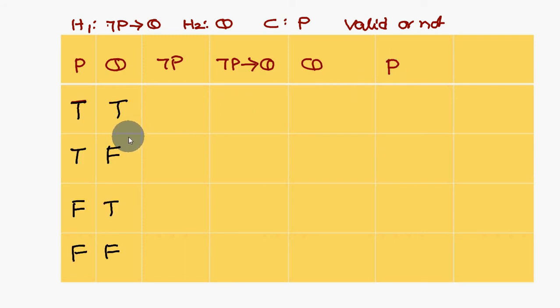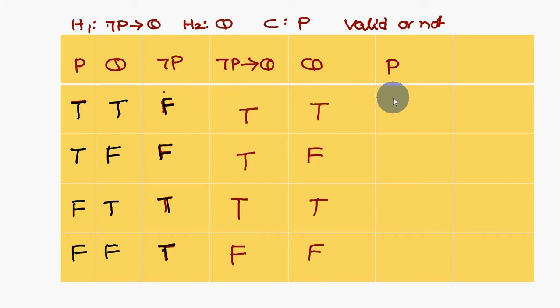So you write the values of P and Q. Negation P is also very easy. Negation P implies Q: true and false only gives false. Therefore here true false, here false, remaining all are true. Next, anyway Q you replace the values, P also you replace the values. False values you have to circle. The corresponding premises you have to round it.